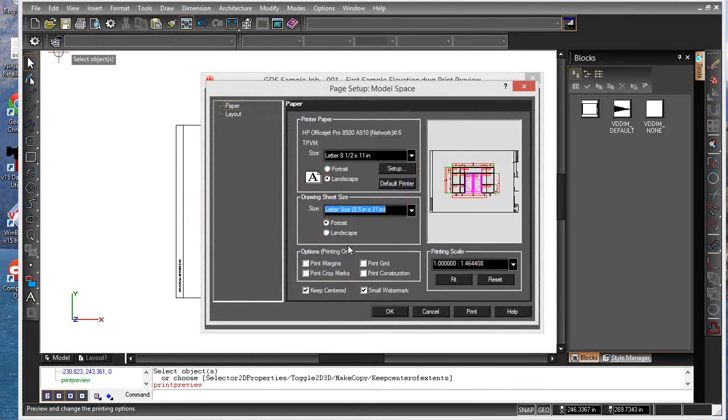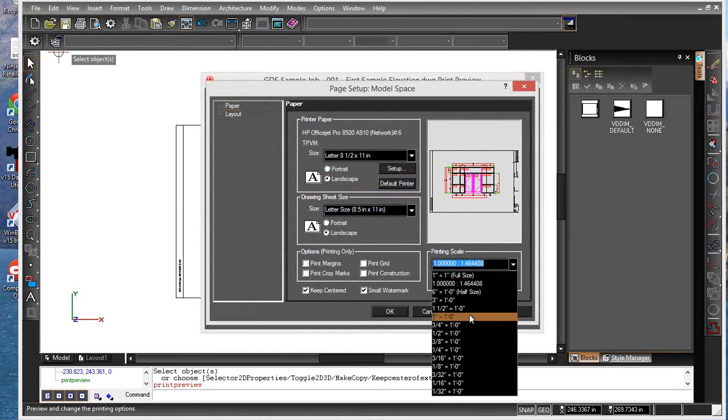I'm not sure why it doesn't. It might not remember this because I haven't printed. Well, I thought I did print a couple things, so not sure why it's not remembering that. There might be a default setting somewhere. So if I do